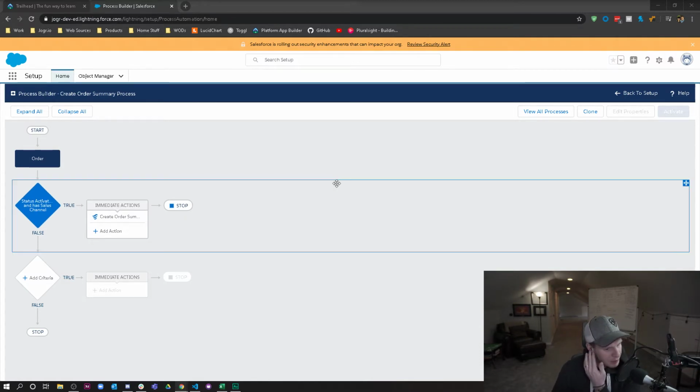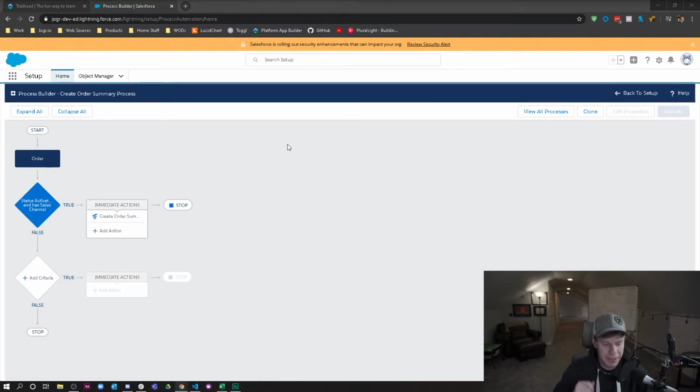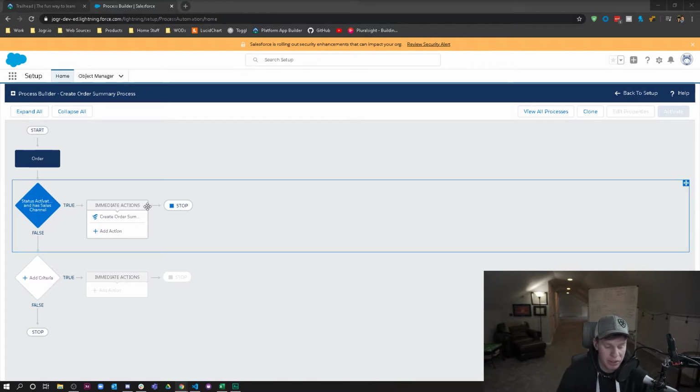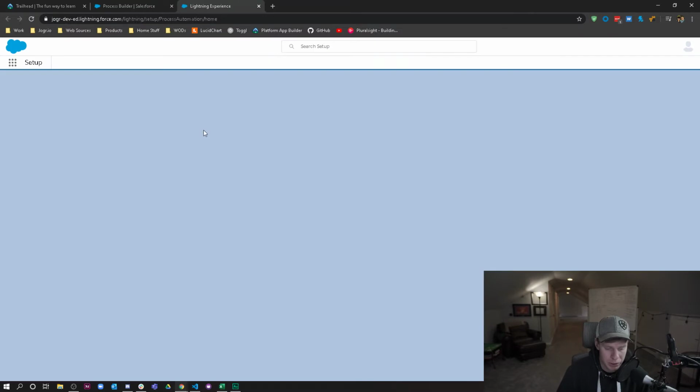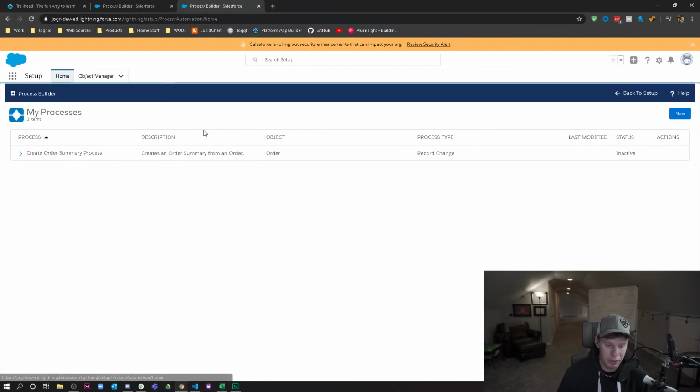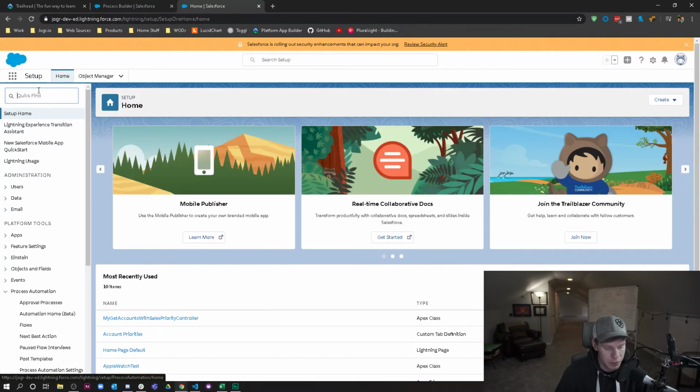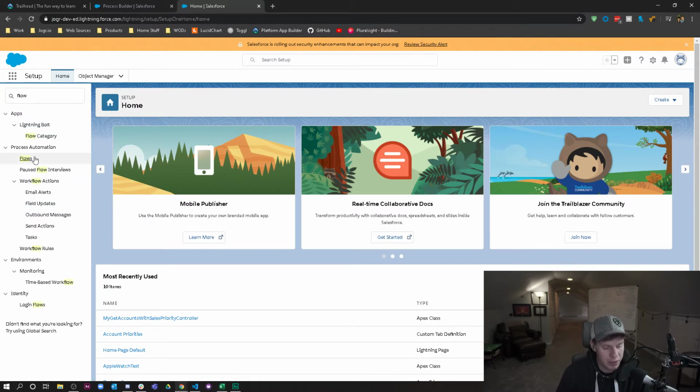All right. So the process builder again allows you to look for events in the database, and when certain criteria is met, you get to run a series of actions. This is really awesome when paired with the next one that we're going to talk about, which is the flow builder, because you can trigger flows in a process builder, right? So if I go to flow and I look at some flows here,